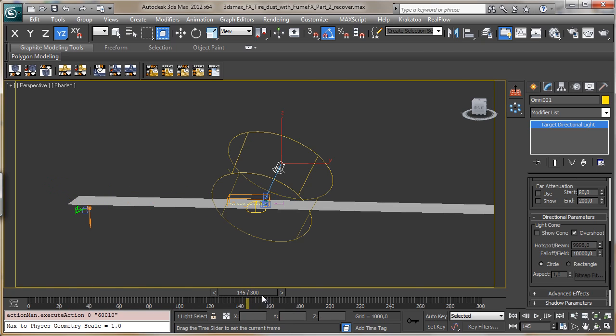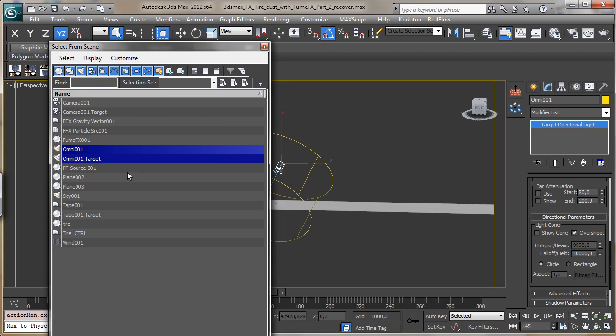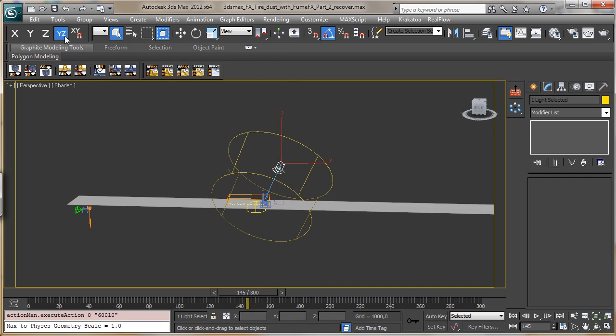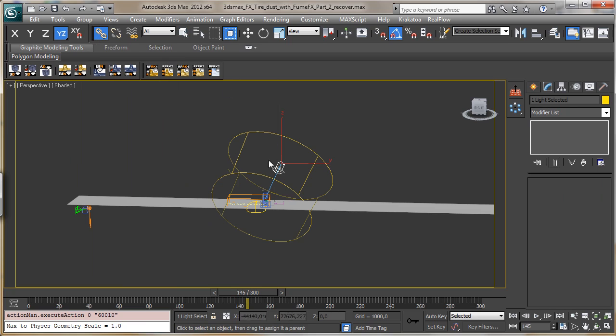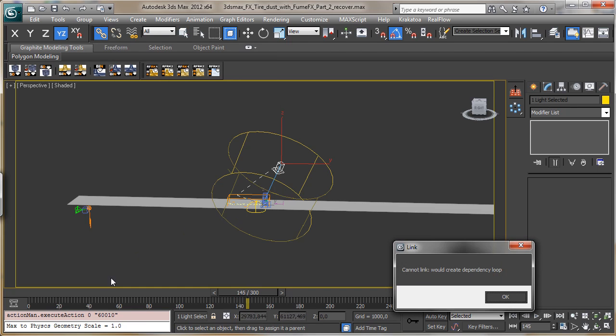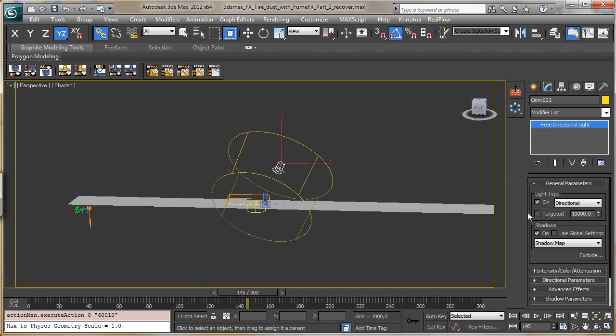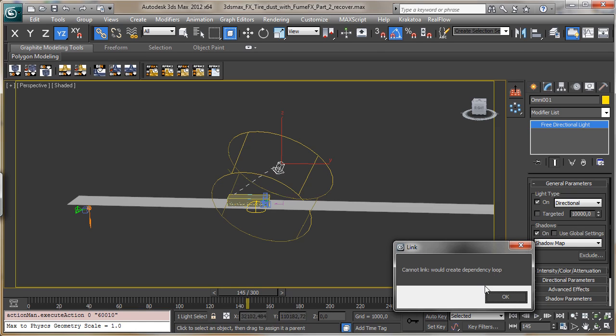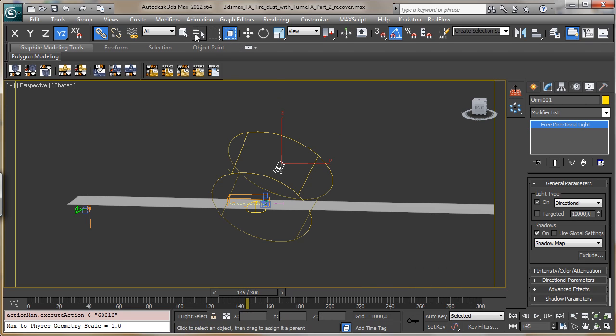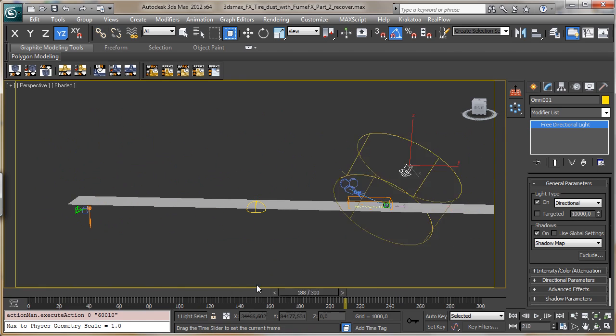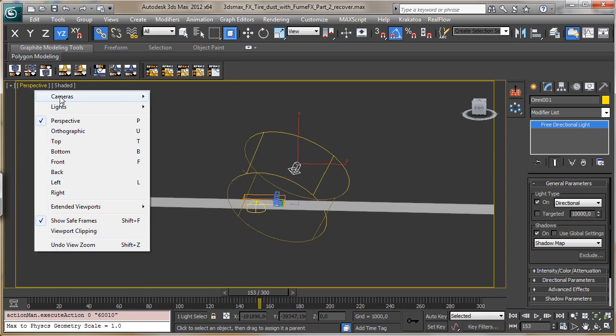And we can wait until we have the tire there, then we select this one, okay, and we can link it to this one, but we have a dependency, so we can go there, and let's say it's not targeted, and link it now. Okay, let's link it to the dummy. Okay, perfect. Let's go, for example, at this frame,